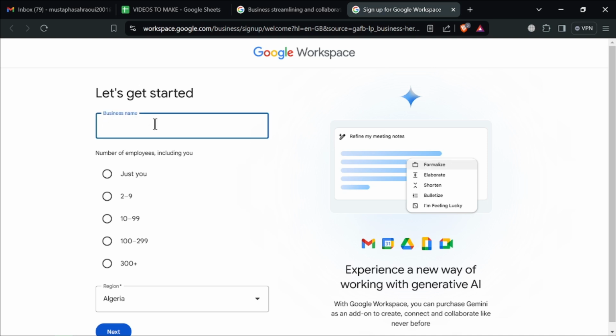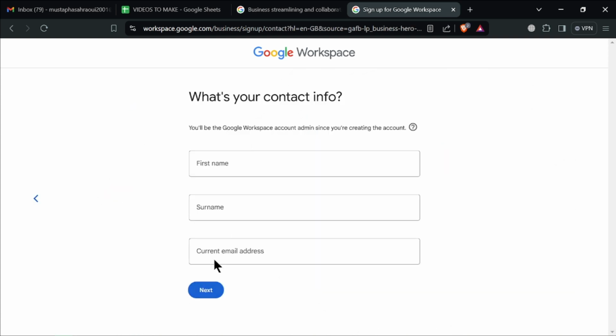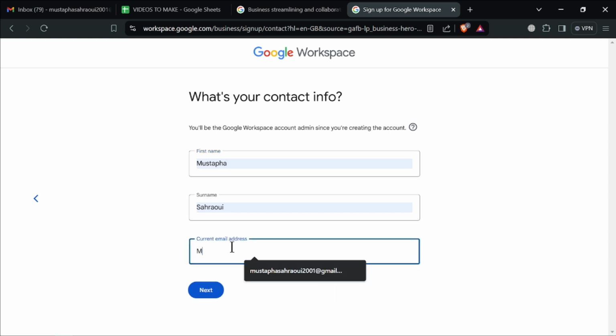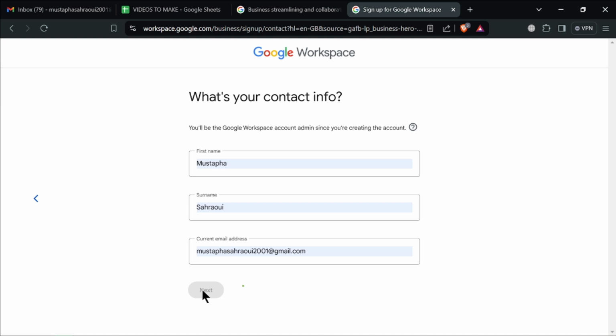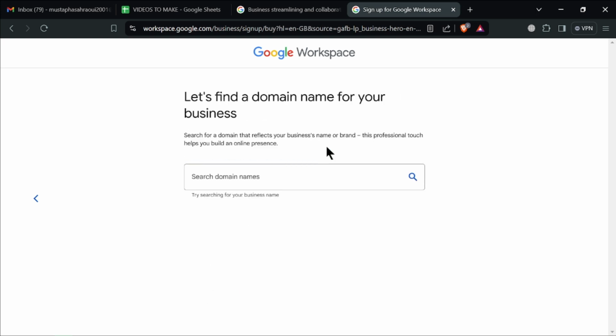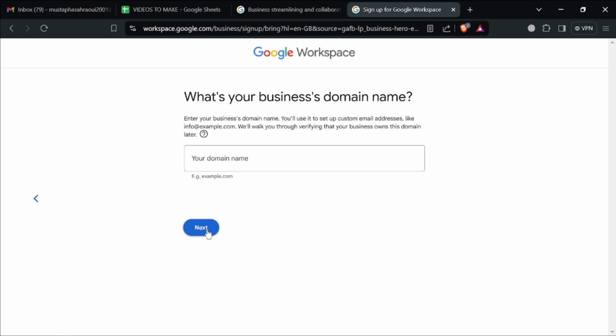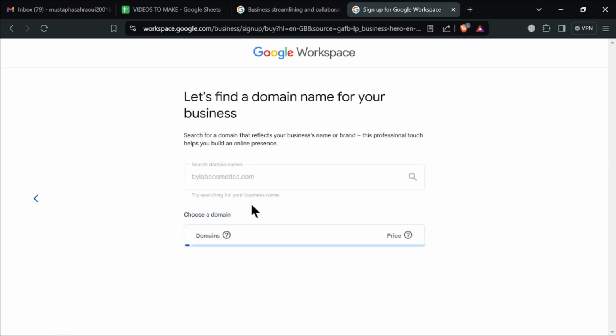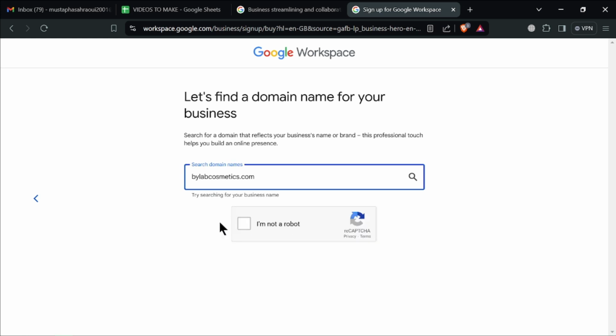Click your business name right here. How many employees you have in the company, the country of residency, your first name, last name, and the current email address of the company, or your personal email address. You can search different domain names because Google Workspace will offer you a domain name for your business. Verify that you're not a robot and continue on following the steps